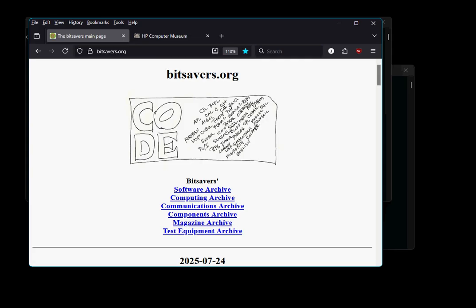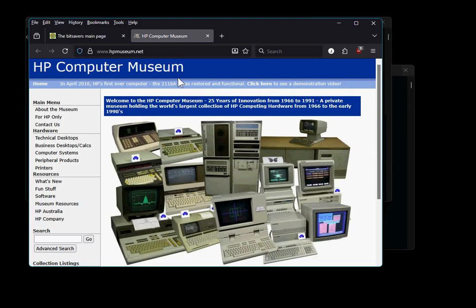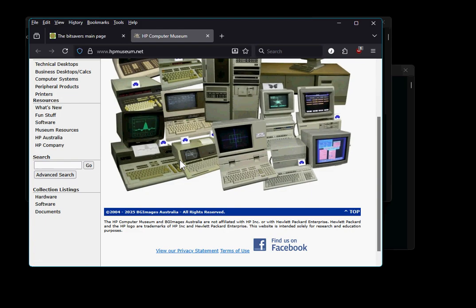simple things. On the HP 1000, the two primary websites that you would want to refer to are this one, bitsavers.org. This contains a bunch of software for the HP 1000. It also contains quite a few manuals. This didn't end up being my primary reference, but it does have a lot of good stuff in it. My primary source is the HP Computer Museum, and this actually contains